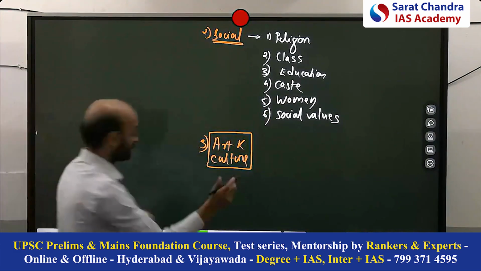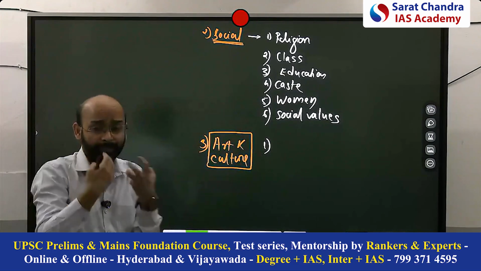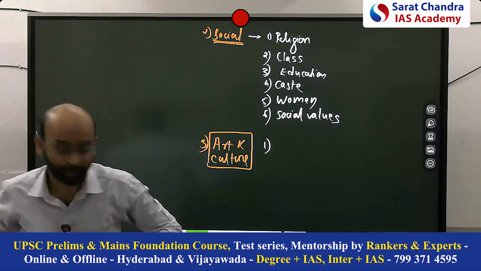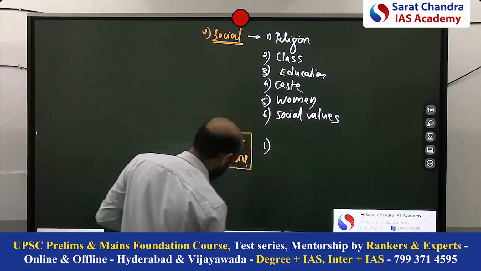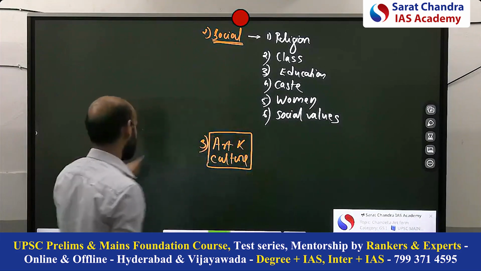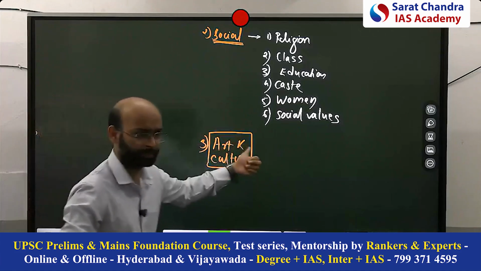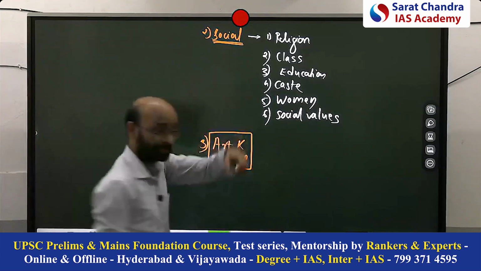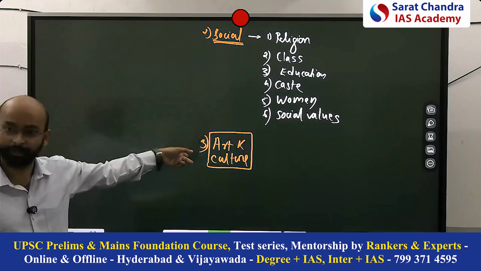Now, within art and culture, what things come? Within this, we know that culture and religion are also part of culture. Along with that, we will classify this separately under the art and culture part, because this is a very important aspect. So let's keep it separately. We have the second aspect now, art and culture, within the classification. There we will include it.